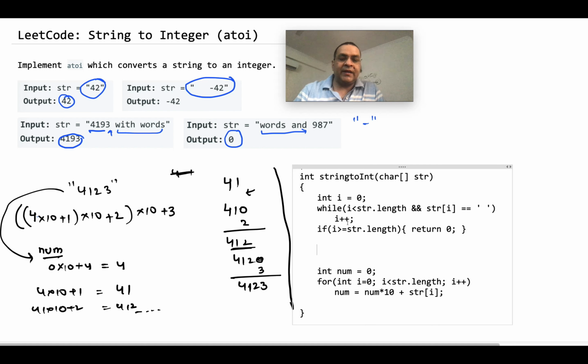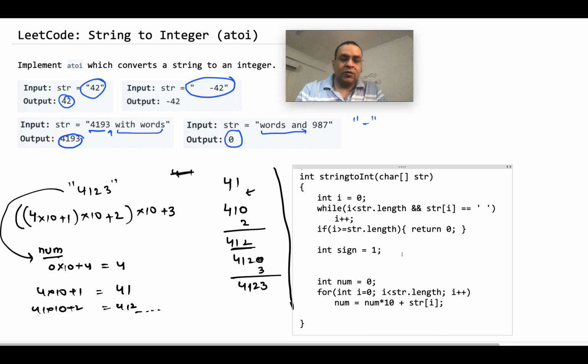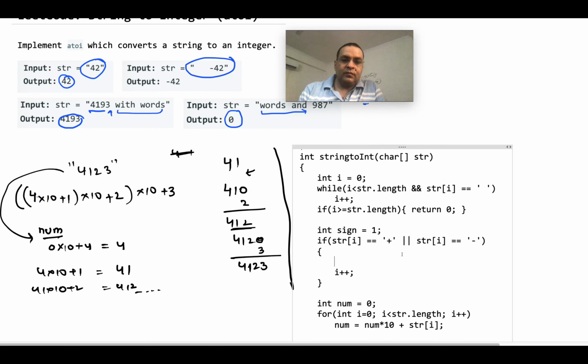The second thing that we should handle is the sign. Integer sign is equal to 1. The sign may or may not be present. So if str of i is either a plus or a minus, we put a check: if it is plus, then the sign remains 1, otherwise it becomes minus 1.